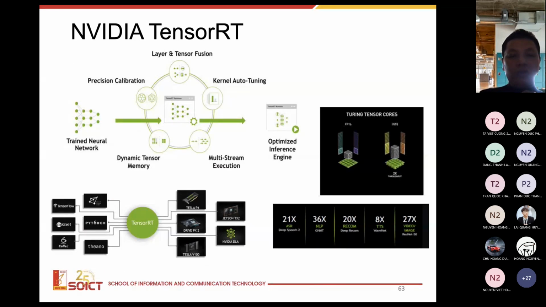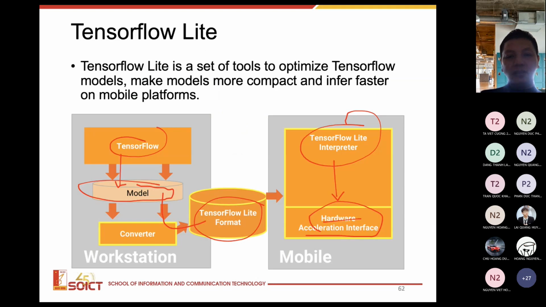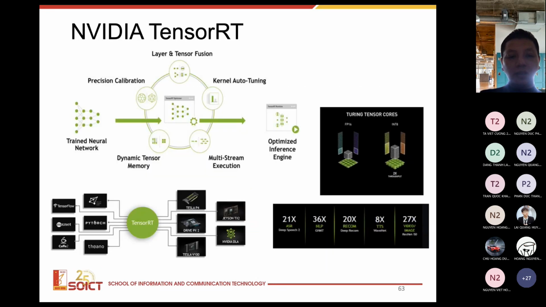We have TensorRT that also does model compaction and optimization so that it can be run on different devices. This is the value added by TensorRT. It has layer and tensor fusion so that it can have a compact representation of the graph and efficient computation on the graph. It has precision calibration. For example,